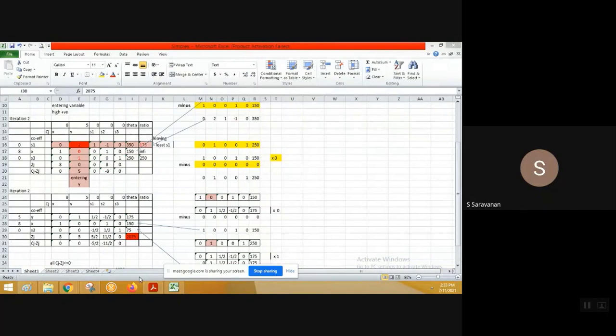When you go for a decision, you need to check only one thing, whether it has 2 variables or more. If it is 2 variables, you can solve graphically. If it is more than 2 variables, like x, y, z or x1, x2, x3, you should understand that in a graph there is possibility of only 2 axes. 3D is not possible; only 2 dimensions are possible in our graphs. So it is up to you to go with the graphical method or iteration method, based on how many variables are in the problem. The answer is 2075, the same answer. X is the same, Y is the same, and max Z is also the same. You can try that.